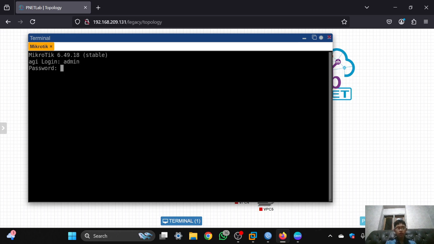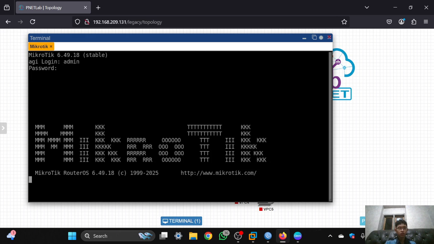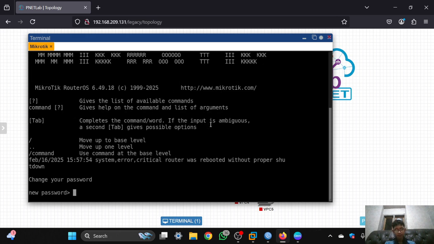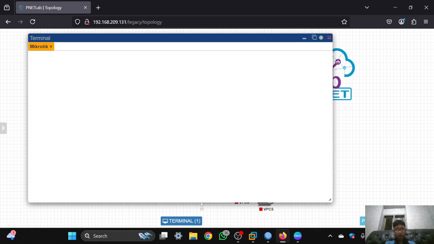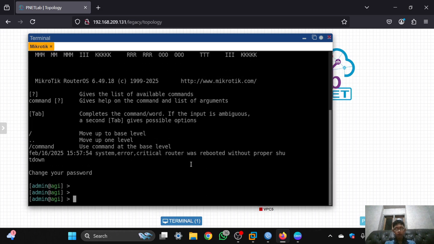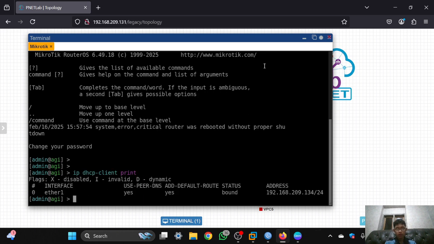Because I haven't set up a MikroTik account, the default is admin and the password is blank. To check the DHCP client, use the command IP DHCP client print and press enter.